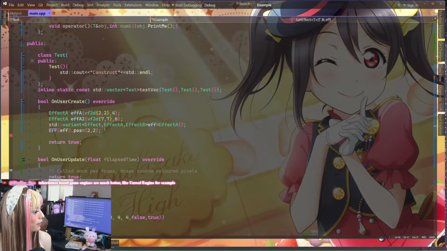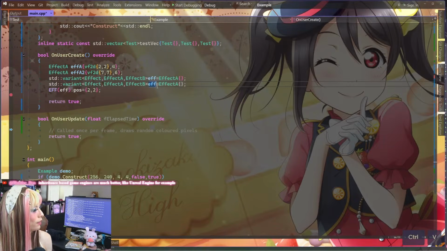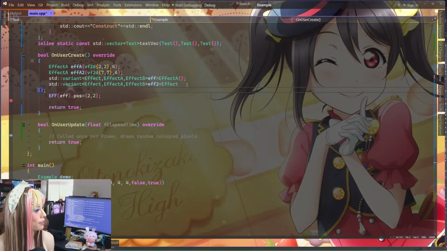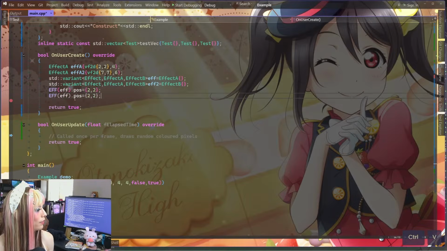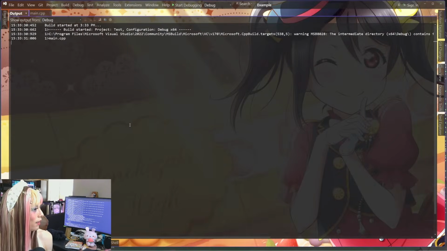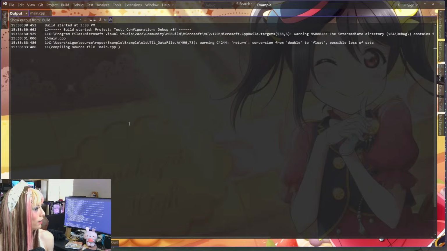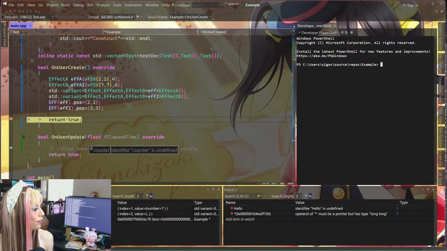Like what if I have two of these, right? Just use a different type, so technically it generates two of these. And then I think something goes wrong here. And no, it does work.